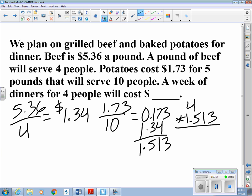in a little bit, and then multiply that by, well, there's 4 people, but there's also 7 days. So 4 times 7 is 28, and then multiply that by $1.51. That comes out to be $42.36. We'll go ahead and round it to the nearest cent now,